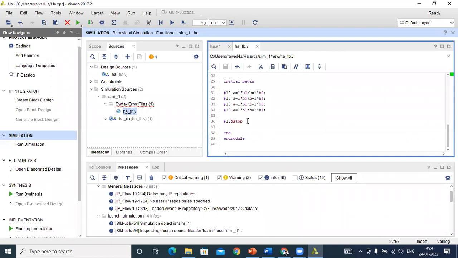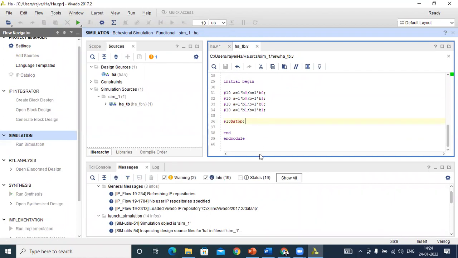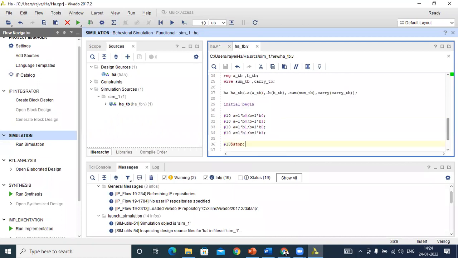Okay, here we also have no semicolon. Okay, now something is okay.